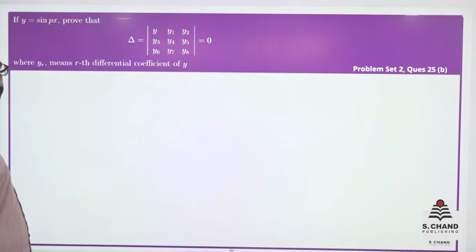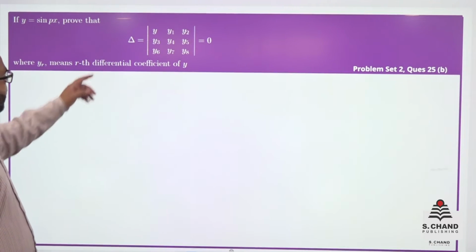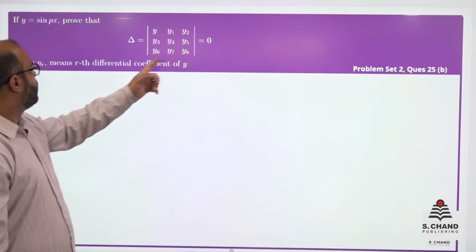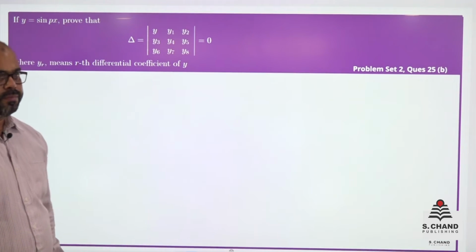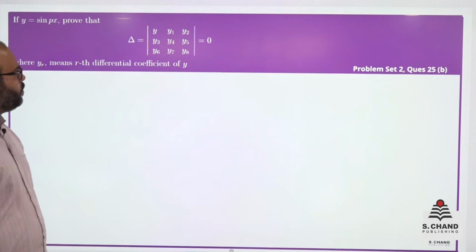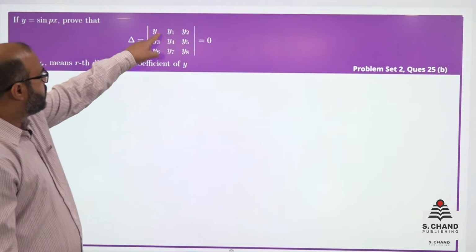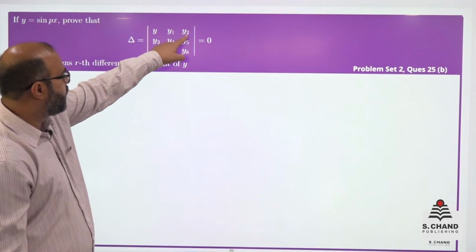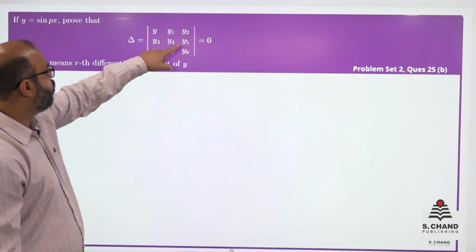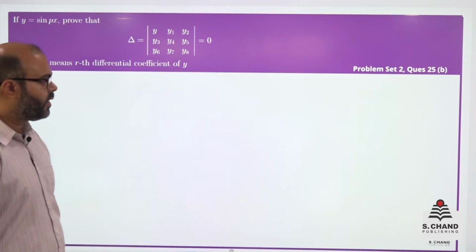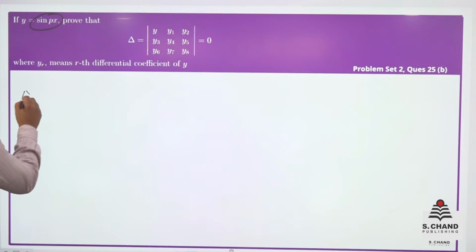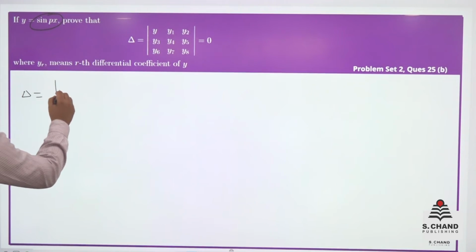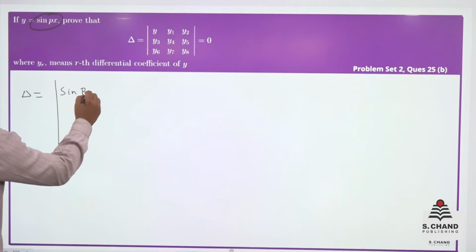If y is equal to sine px, prove that delta is equal to this, where yr means Rth differential coefficient of y. So this is y, this is its first derivative, this is second derivative, similarly third, fourth, fifth, sixth, seventh, eighth derivative are there. And what is y? Y is sine px. So delta is equal to y, which is sine px,